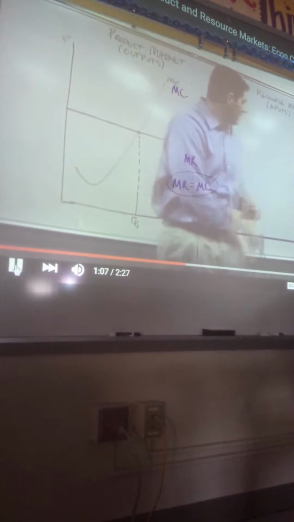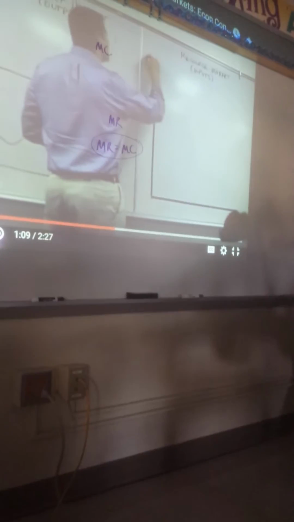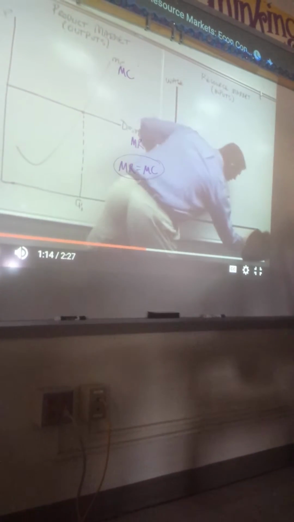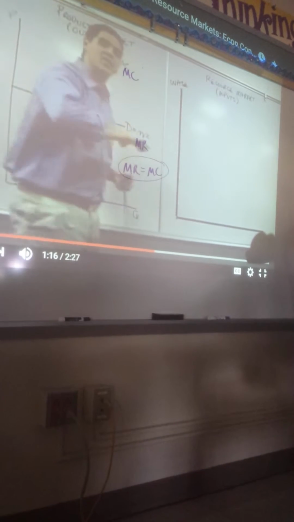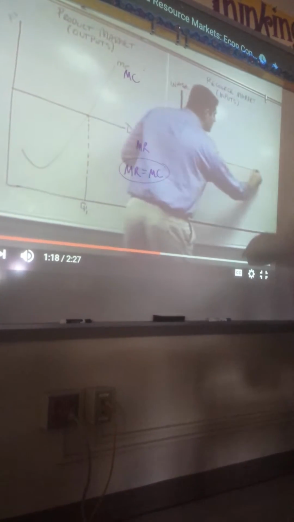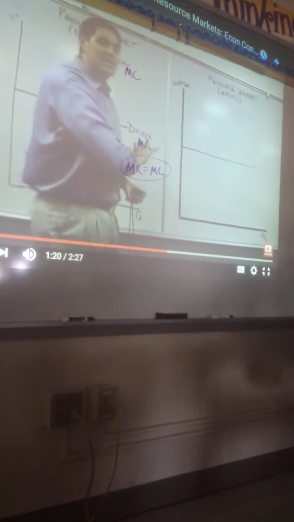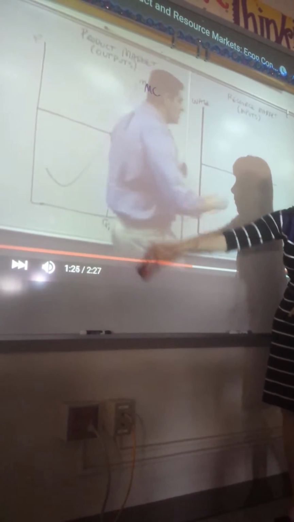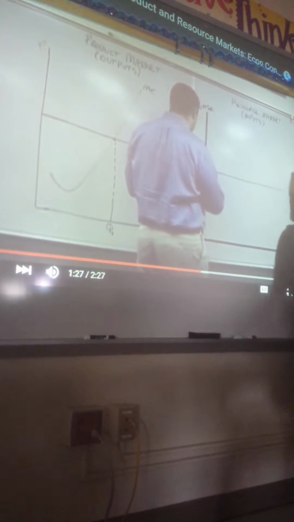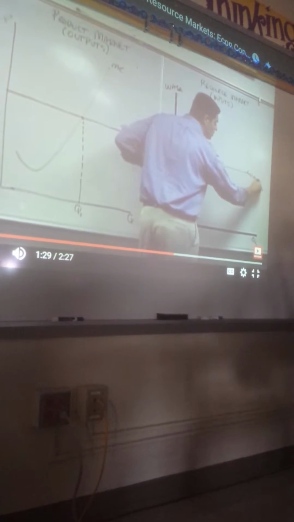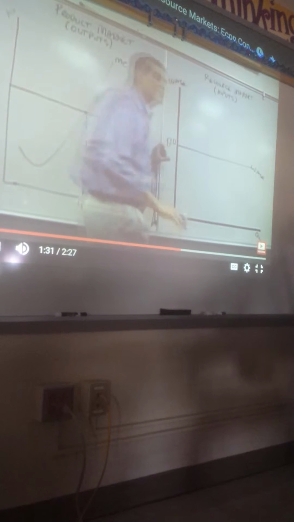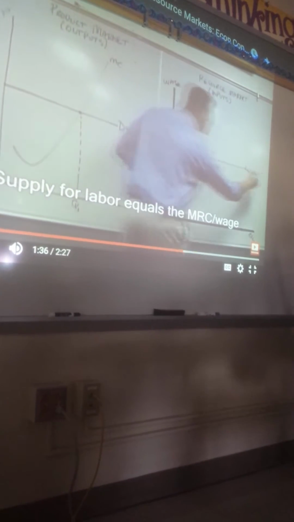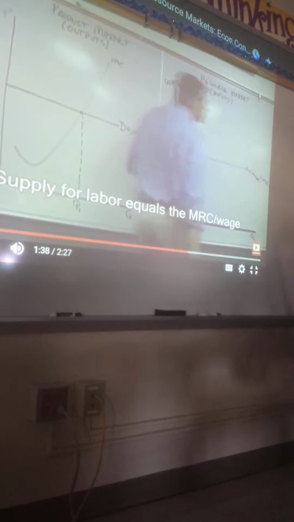Let's go to the other side. Over here, instead of price, we're looking at wage. And instead of quantity of apples, we're looking at quantity of labor. Now, we still have a horizontal curve, but this one's different, and it's set by a different market. So don't look at this graph. It's set by a different market. It's supply and demand for workers. In this situation, let's say this is $10, and this is the wage. Each worker is willing to work for a wage that's set by the market, $10. That's it, and that's equal to the marginal resource cost.